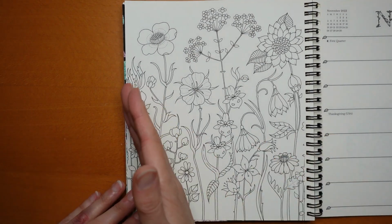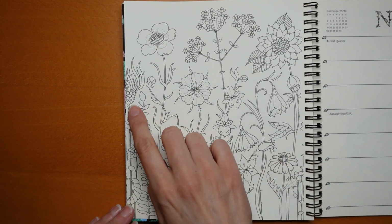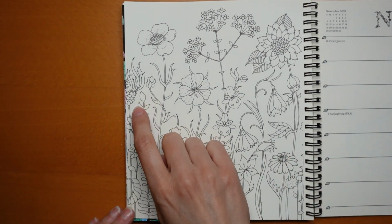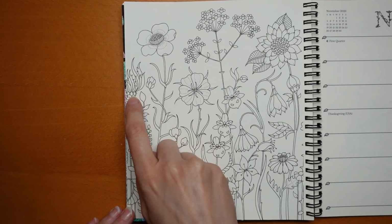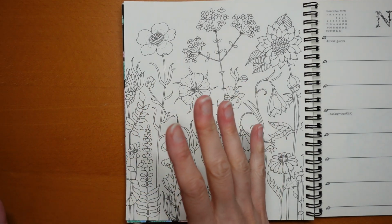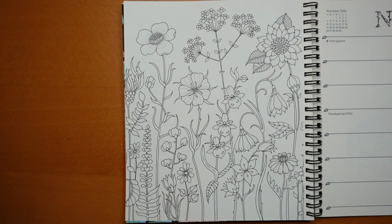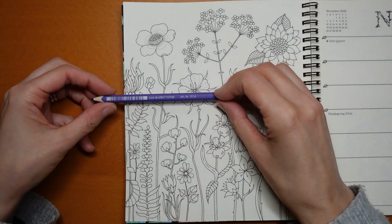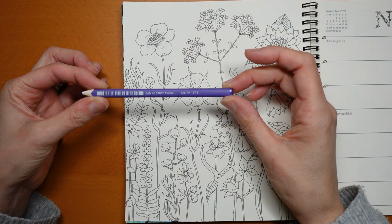And I think I'm just going to move across the page colouring our florals, starting here with this one. Now this one to me looks a little thistly. I always think of that when I see these ones that Johanna's drawn. So I'm going to go for purples, violets, that sort of thing. So I'm going to start with number 6,